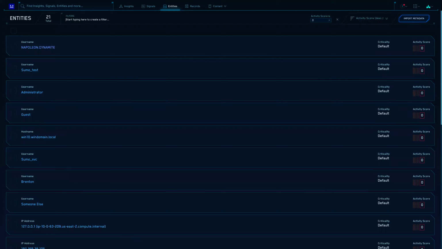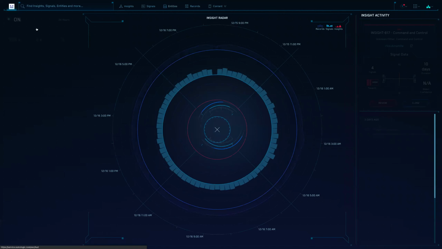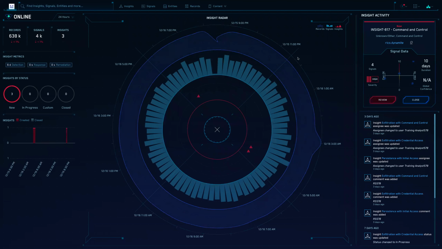Oh, and as I mentioned earlier, to get back into the HUD, if you click on the Sumo icon on the top left, that will bring you back into heads-up display. All right, so let's go back to the slide deck, and then we'll do just a couple of slides, and then we'll get back into lab 2.